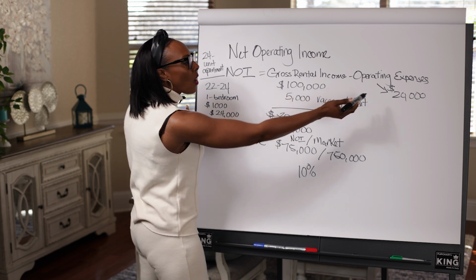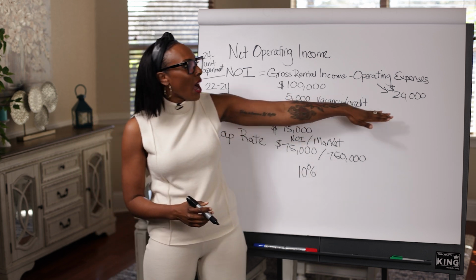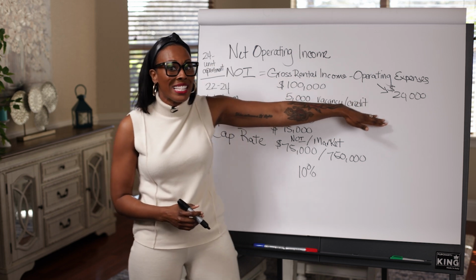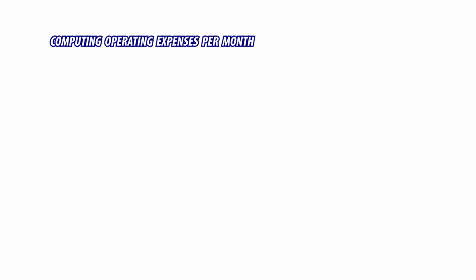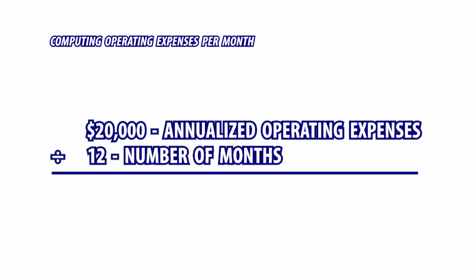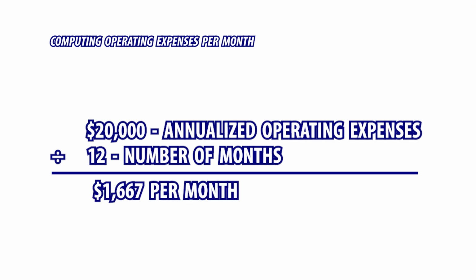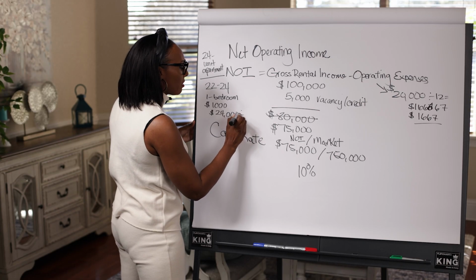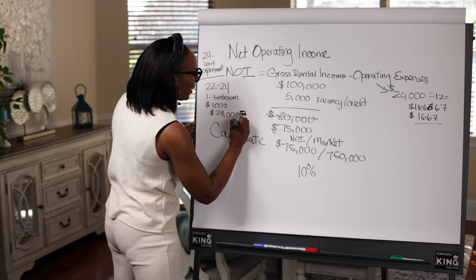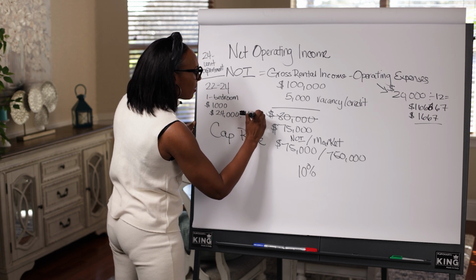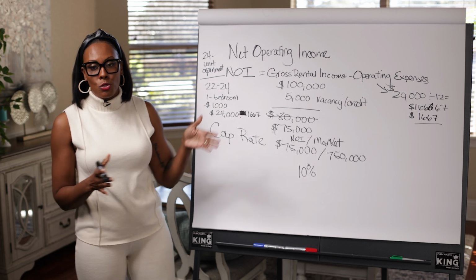And then obviously you have your operating expenses. In this example here, the operating expenses were annualized at $20,000. So you would figure $20,000 divided by 12, because again, this was an annualized number. Okay, so again, the operating expenses, you were told they were $20,000 per year. That's annualized, so you would divide that by 12. So you could figure that it's almost $1,667 per month is what your operating expenses are for this. So you would then subtract that, sorry, not divide, subtract. You would subtract 1,667, and that would be your monthly profits if you were using that as an example.